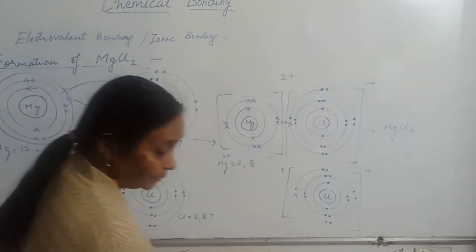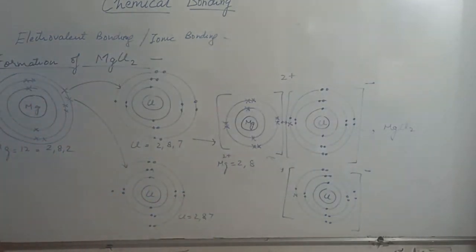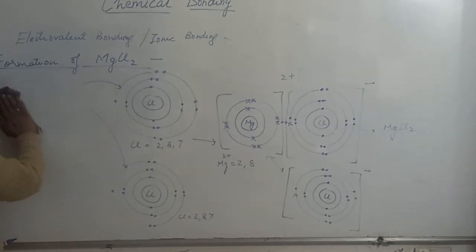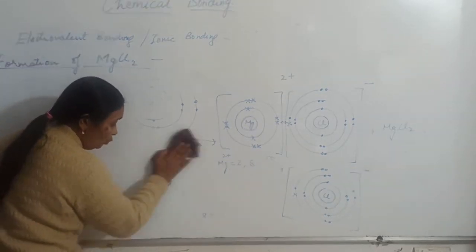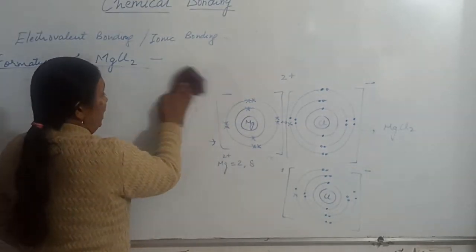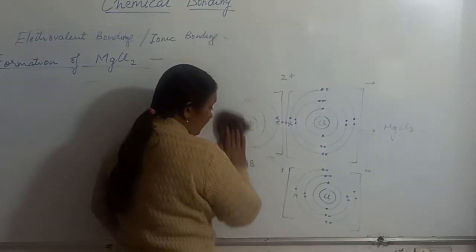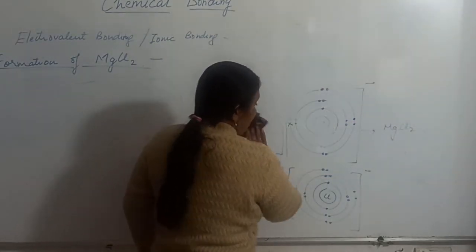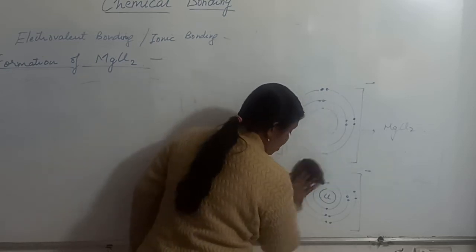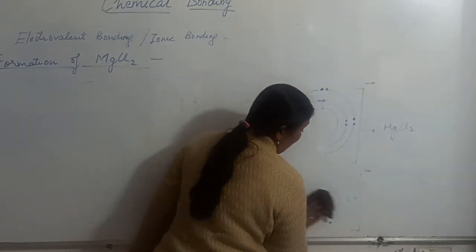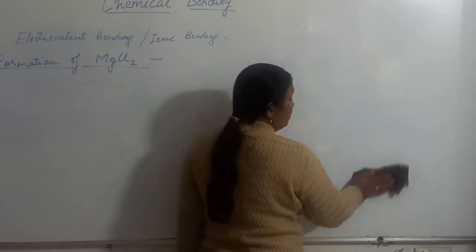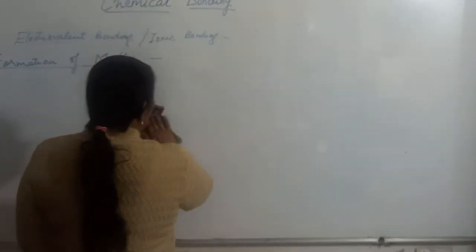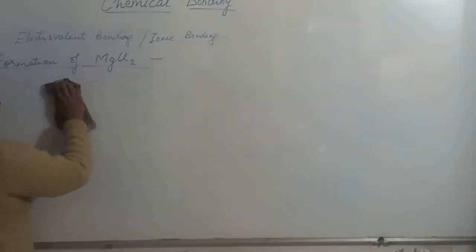Now we will draw the electron dot structure for this. So electron dot structure, what do we do? We simply show the electrons present in the outermost shell. We do not draw all the shells and show the electrons. Again I am saying you can draw that one also and this one also, until and unless in the question it is specifically said that you have to do the atomic orbit structure. If it is told that you have to draw the atomic orbit structure, then you will draw this only. Otherwise you can draw the electron dot structure also.